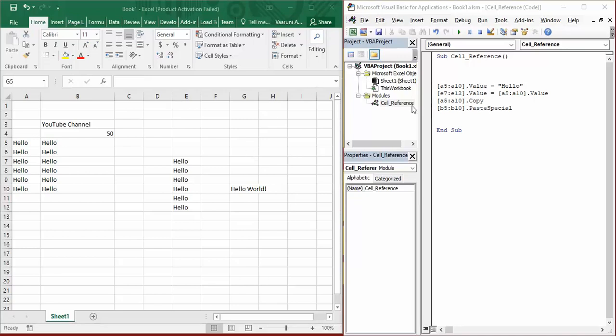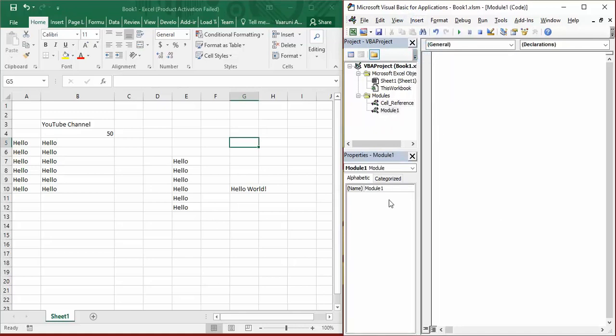First of all, we have to create a new macro for that purpose. To create a new macro through VBA, go to the Insert tab and click on Module. So this new module would be inserted. Go to the properties window and change its name from Module1 to something more specific. Since we are playing with fonts, I have named it Font.